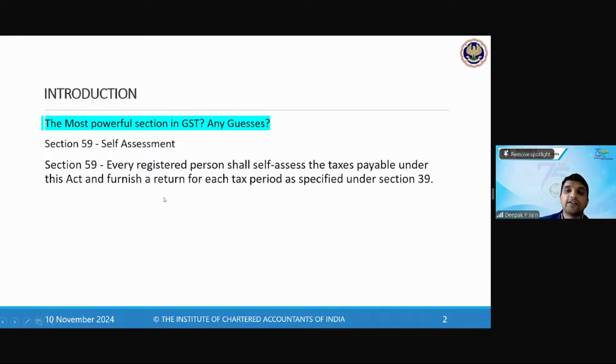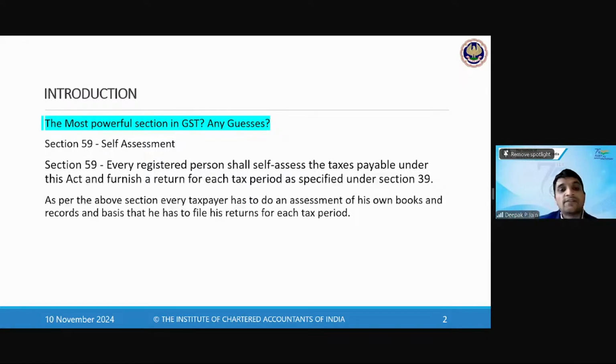Okay, so 59 is the point on self-assessment. As per this section, every taxpayer has to do a self-assessment of his own books and records, and basis that he has to file his returns for each tax period. So every taxpayer has to do the assessment of his books and records, and he has to file the return. So इसीलिए this chapter is very important because जो powerful section है जीएसटी में, उसका